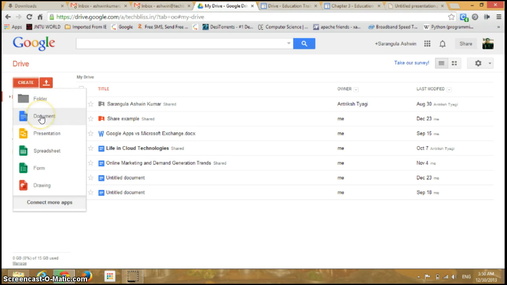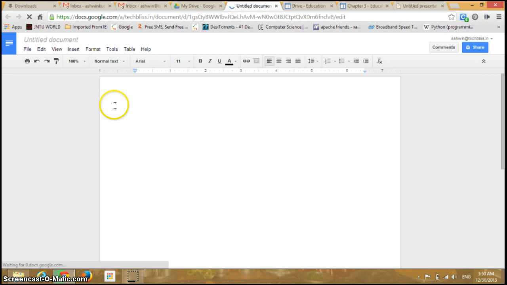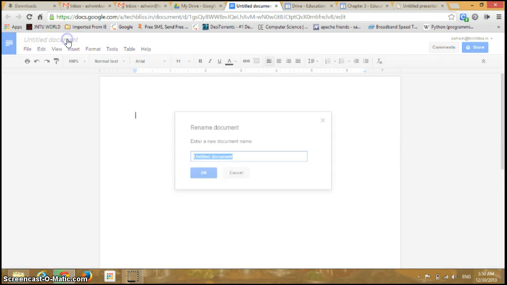You can select the document here. In this case we are creating a new document, so a new page opens. That is the document, and if you want to add a title for that, you can just move on to this particular thing. Currently the title is Untitled, so if I just click on it, that is renaming the document. You can type it as, for example, let it be example itself, example. Click on OK,